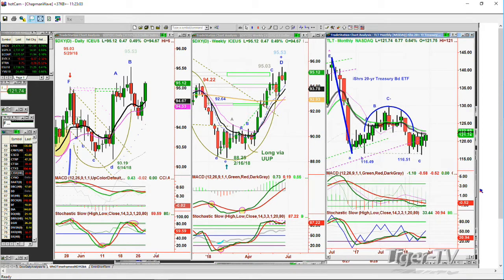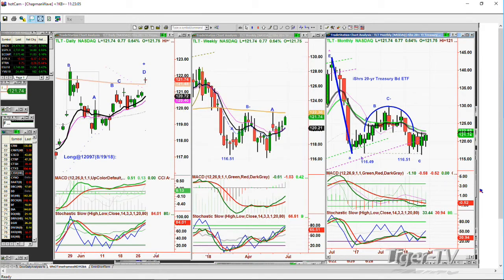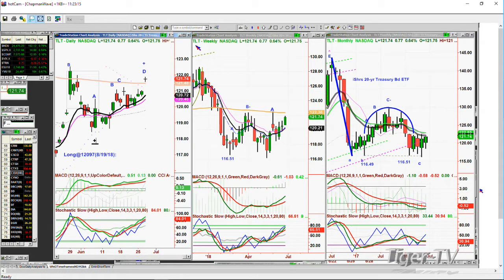Talking about TLT. TLT's having a nice rally. It gapped up to a leg D in gray, but I have to make it blue because it made a full Chapman wave count. Very unusual to do a full Chapman wave count under the previous high, and that was the high of 120. Look right here, the high of the 29th of May, 122.52. We're at 121.74 right now. This is really nice action, and it's talking to me about